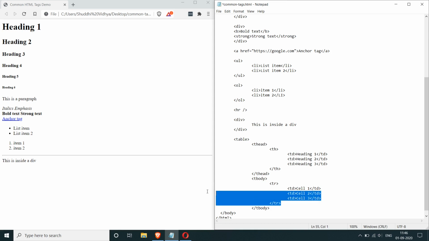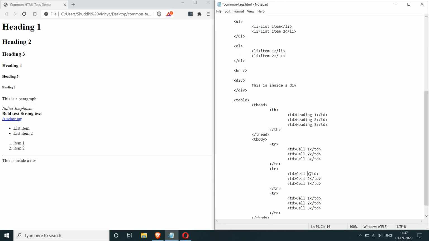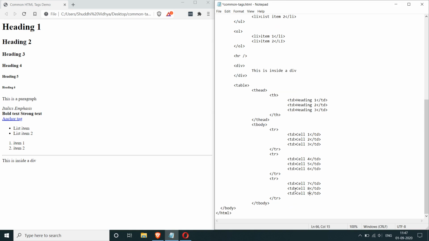I'm going to copy and paste this, so I'm going to have 3 rows. Okay, so now the table is ready. I also need to close the table tag itself.